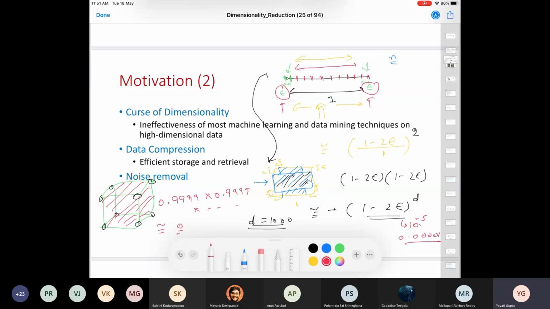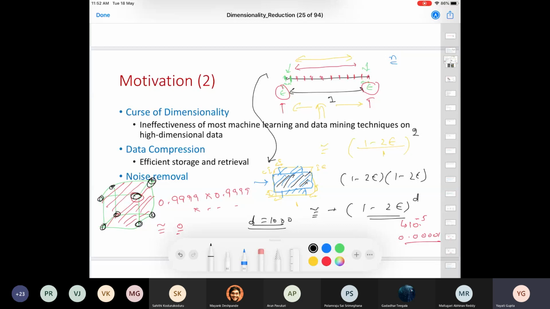We started with n data points, and the points are still the same here. I'm not increasing the number of points in this d-dimensional space. All I have added is one more feature. So all these data points are lying in this black region, the corners that I have drawn, which is a very small region compared to your entire space. In order to make good decisions, you need to have more data points in your data set. So that's the idea.